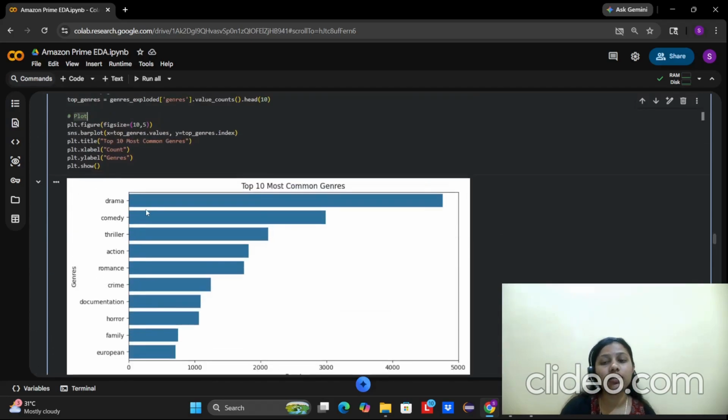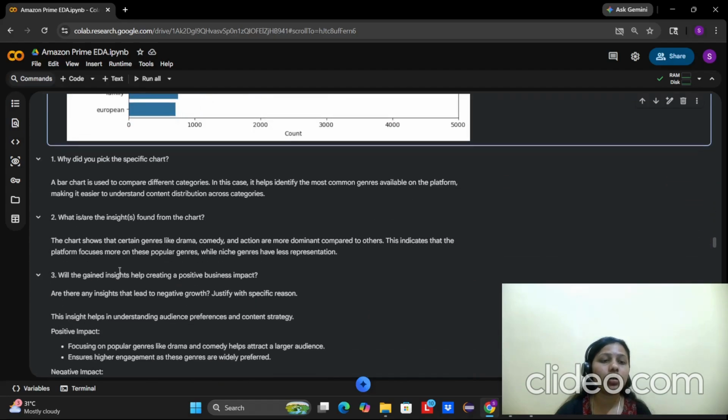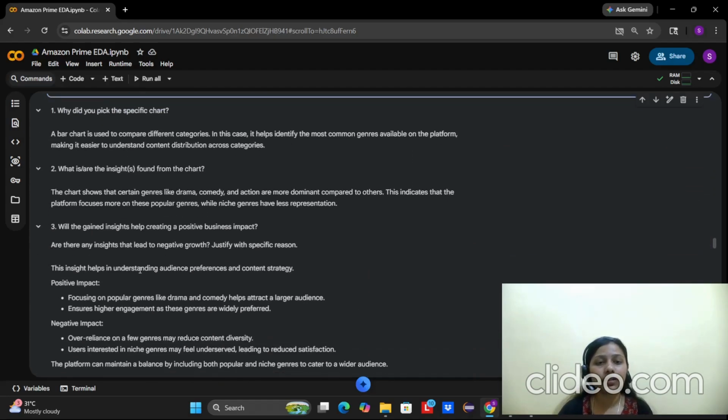We can see that drama has the highest priority, then comedy, thriller, action and romance, and it goes on. So this helps us to compare the different categories. It helps us to identify the most common genres available on the platform, making it easier to understand